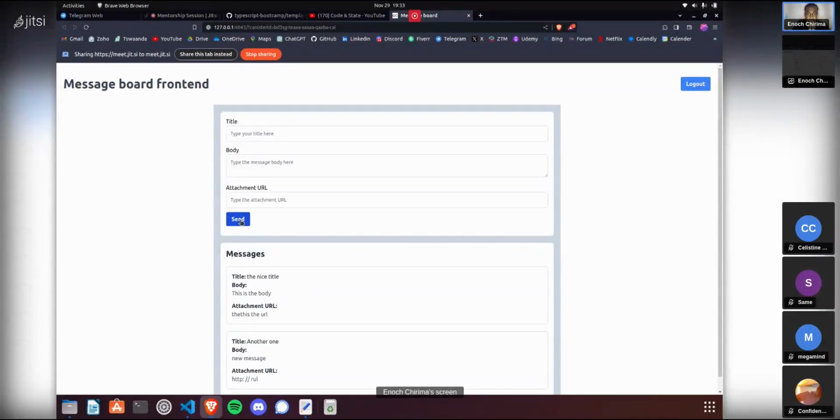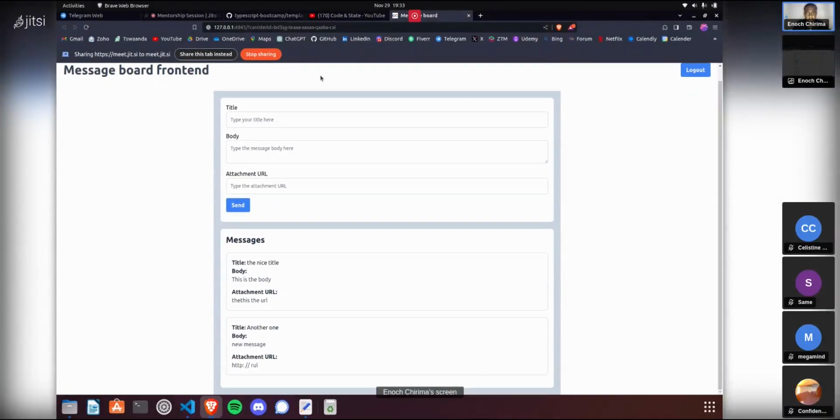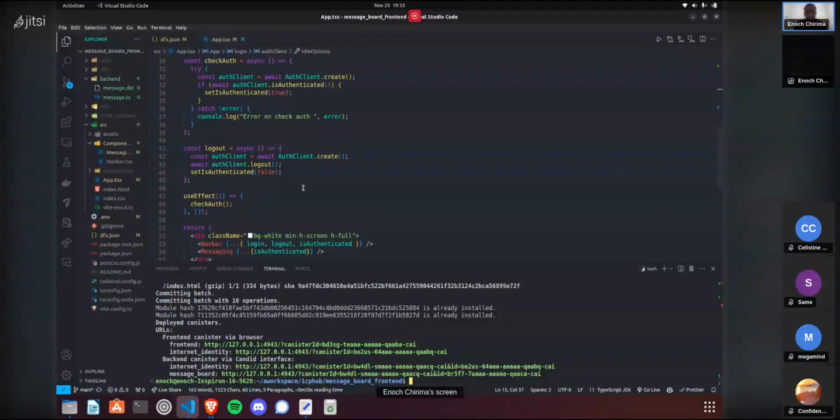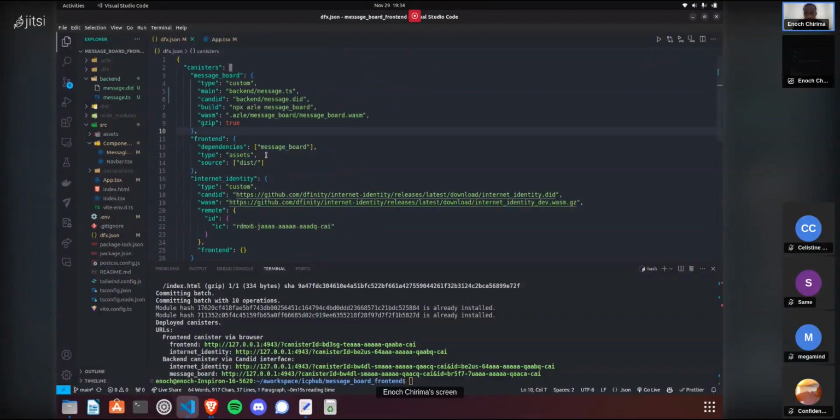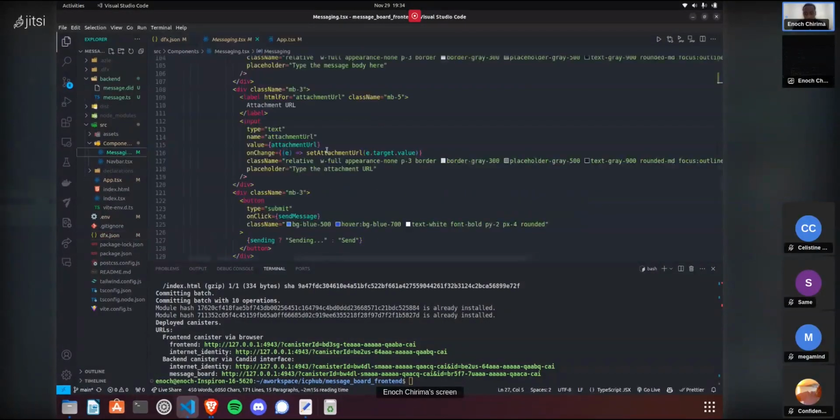And you can send it. Yeah. So your system works just fine, but its only challenge is on development. When you're developing, you want to see your changes real quick, especially when you're working on the front end. If you change the background or the font of something, you want to see it real quick, but you have to run dfx deploy to see the changes. So it's just better to